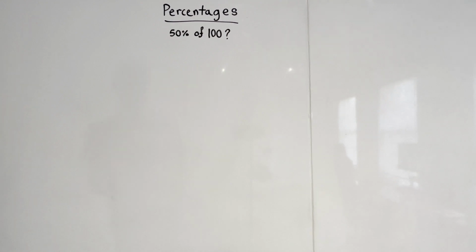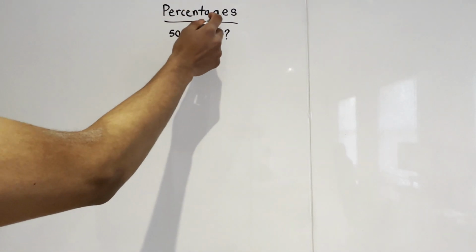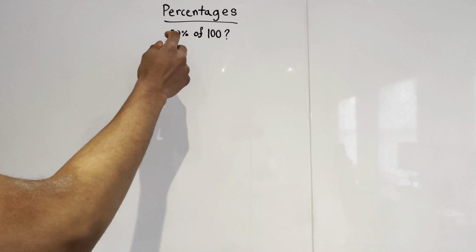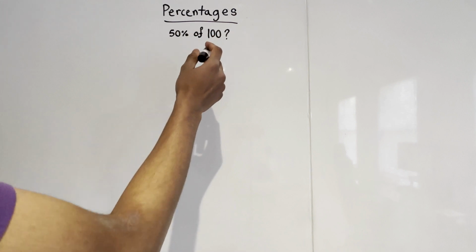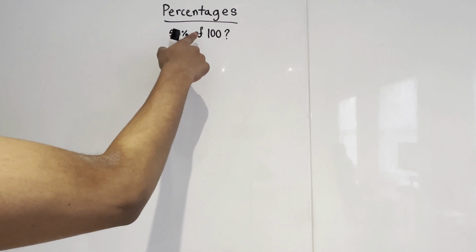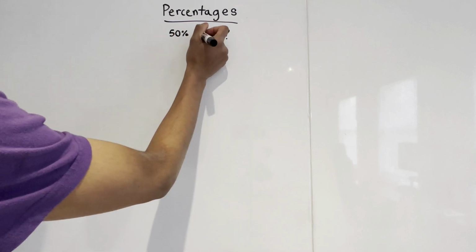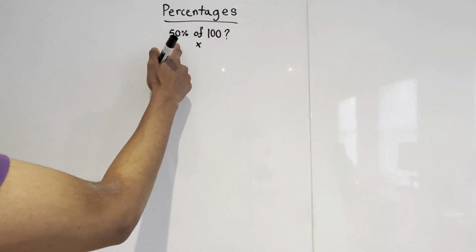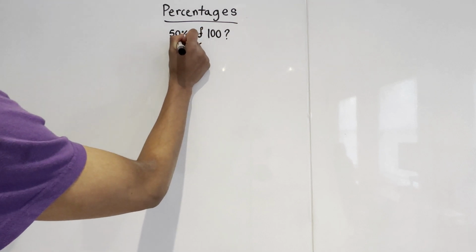Hey guys, in this video, we're going to be teaching you how to do percentages. And our first problem is 50% of 100. And the "of" actually means multiplication. It means times in math. So we could just write this "of" as times. So this question is basically asking 50%